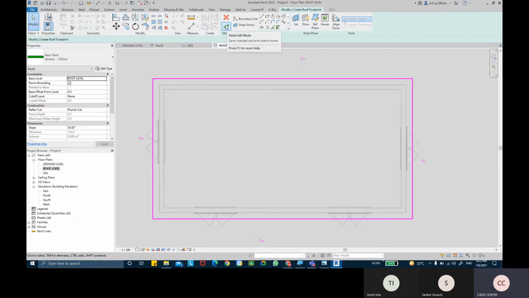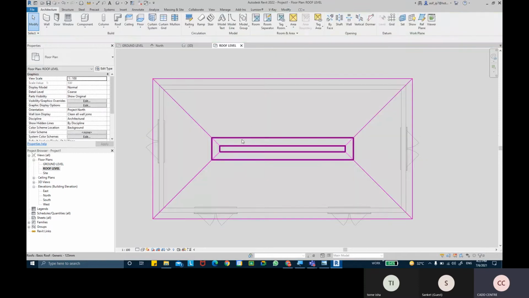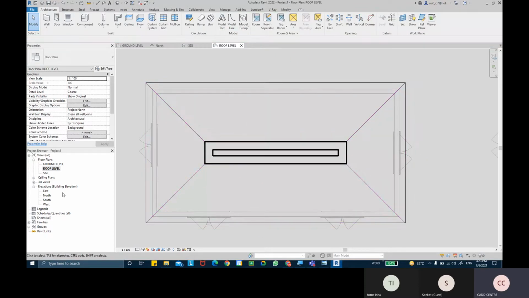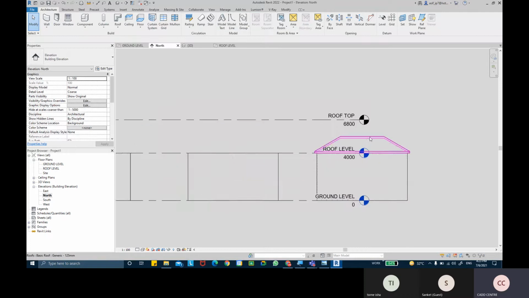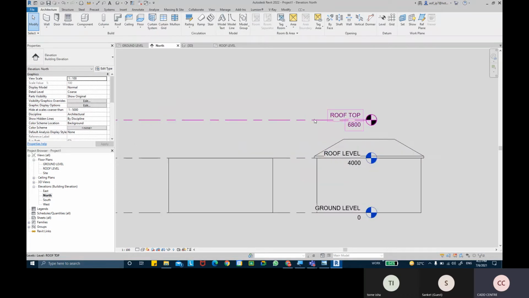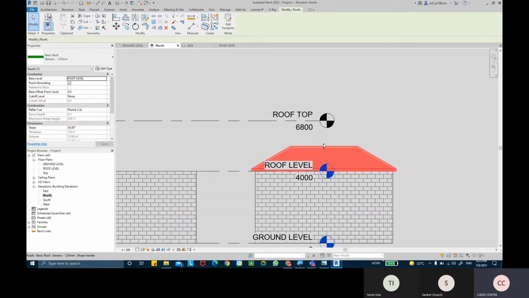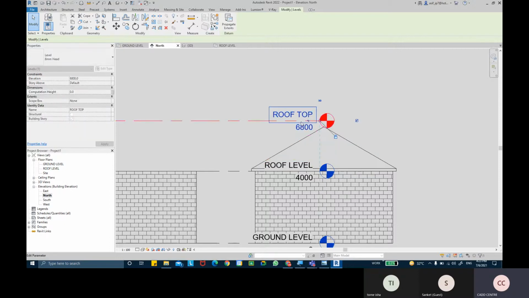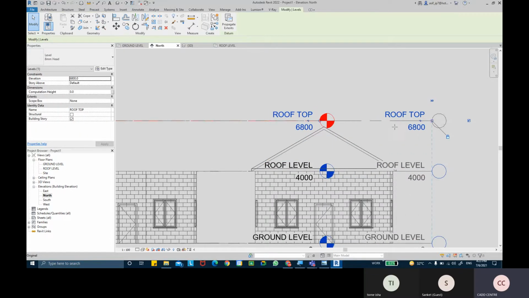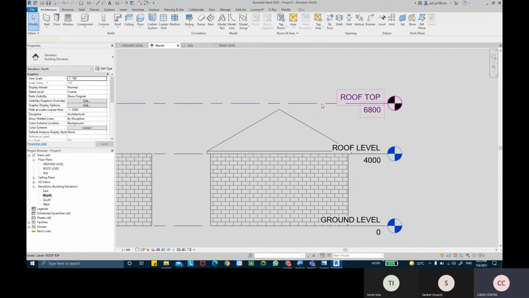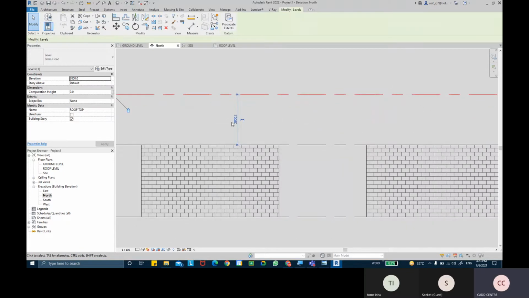Then I'm going to hit finish edit mode, and it will create a roof for me. But when I come back to my elevation view, you can see this roof is not even touching my rooftop level. I can select that roof and drag it up, but it doesn't go much higher than that because that's the limit of that roof. So maybe I need to bring my level down a little bit more. The last I gave it was 2800. I'll put it back, as 2800 is too high. Maybe I'll give it 2500 or 2400.